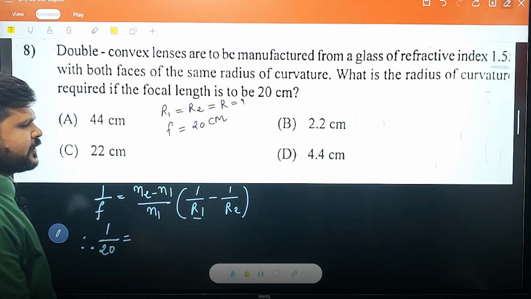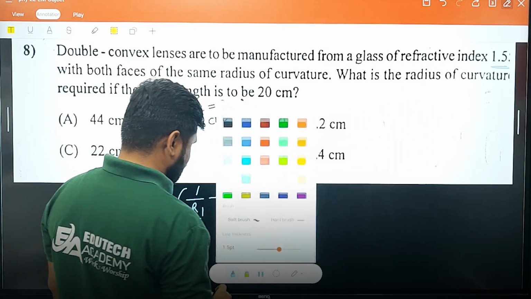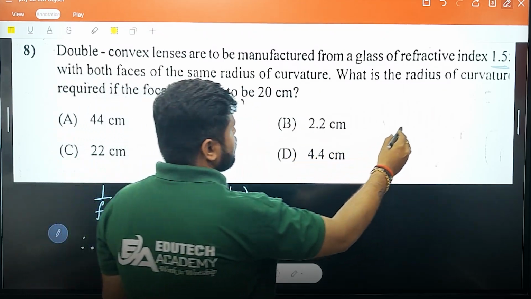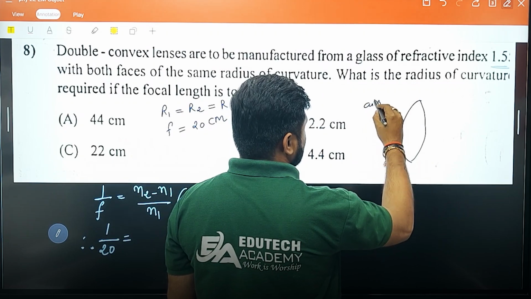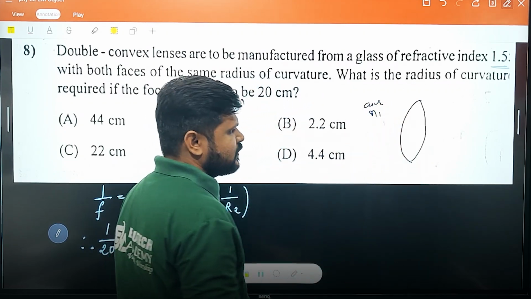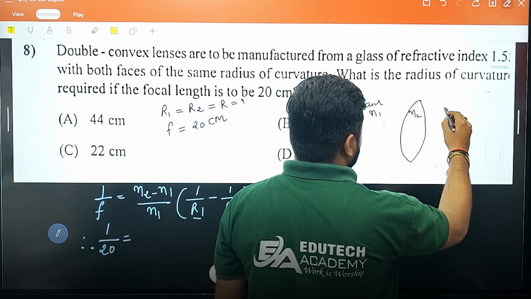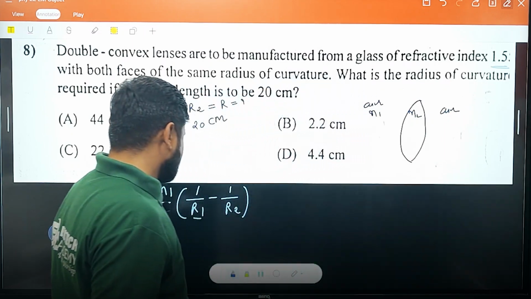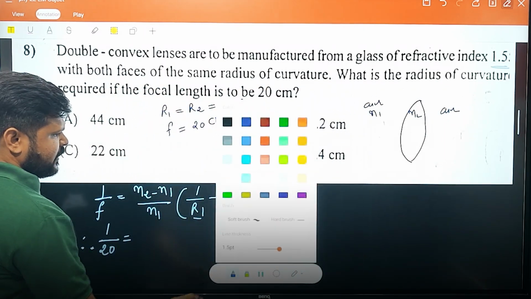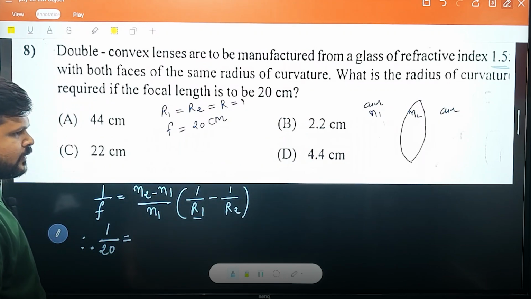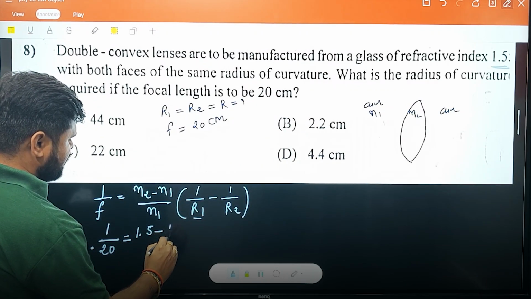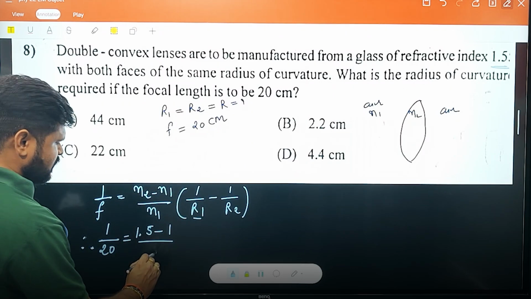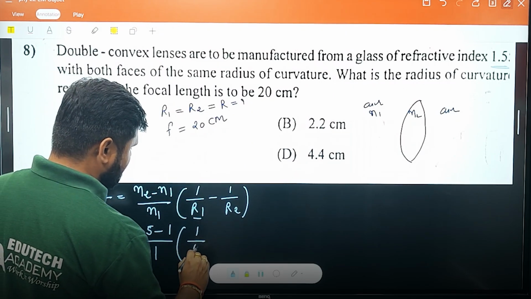N2 is the refractive index of the lens itself. Here air has refractive index n1, the lens has refractive index n2, then again air. So as n2 we will use the refractive index of the lens itself. It is given 1.5 minus n1, the refractive index of air, 1, divided by 1 upon r1 is r